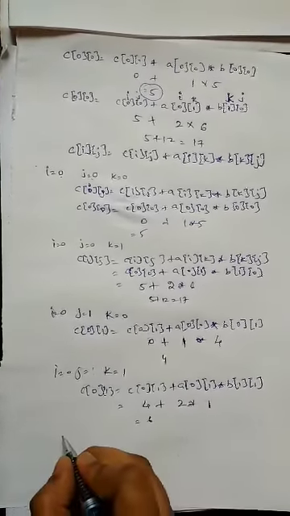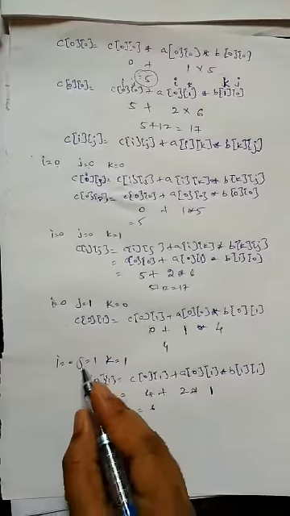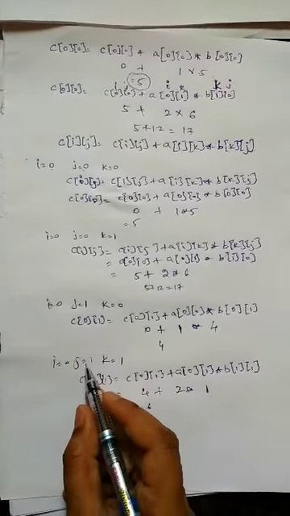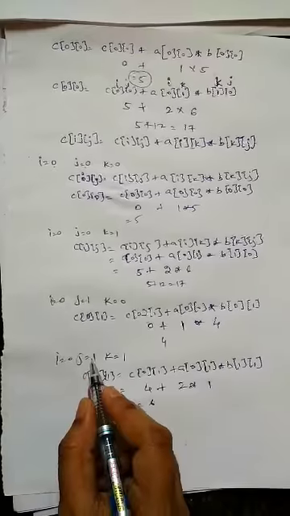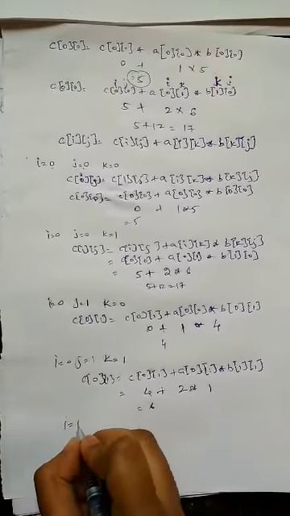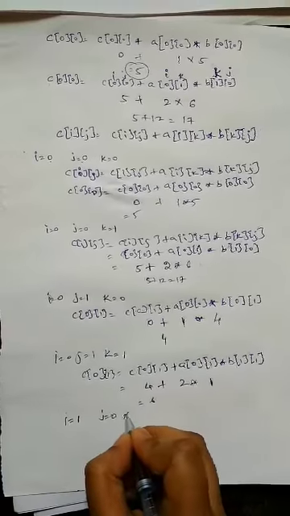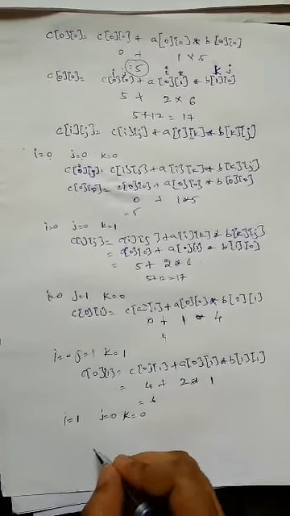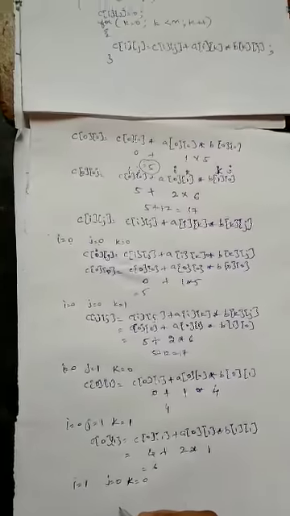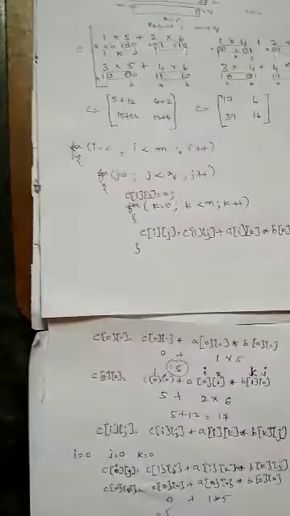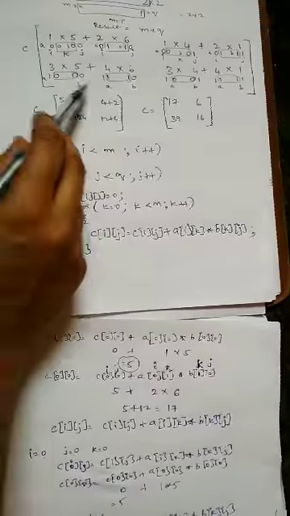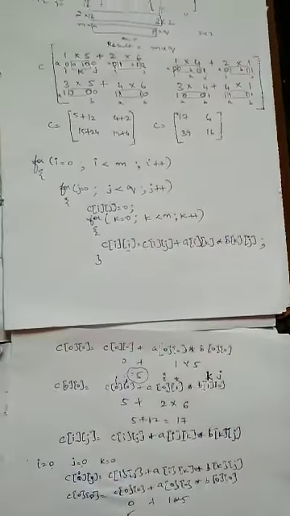Right. Now what happens? The k loop fails. We'll go out to j. The j loop also fails because 2 is not less than 2. i will be incremented to 1. So now again j will become 0 and then k will be 0 and again you have to do the loop. So this keeps on continuing. So just try to trace these things, and you will finally get it.